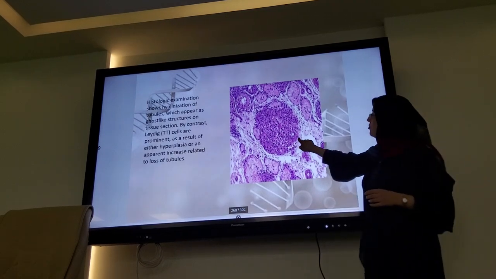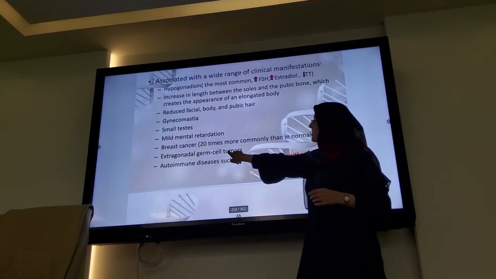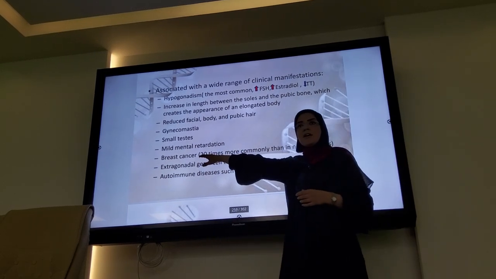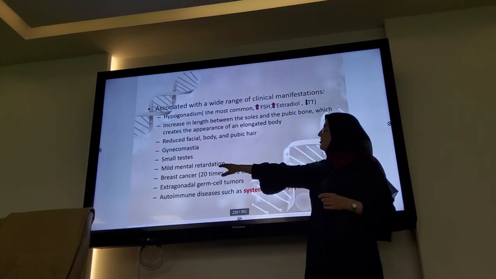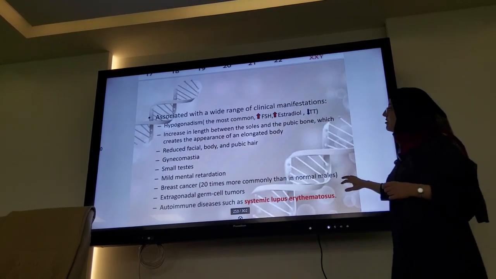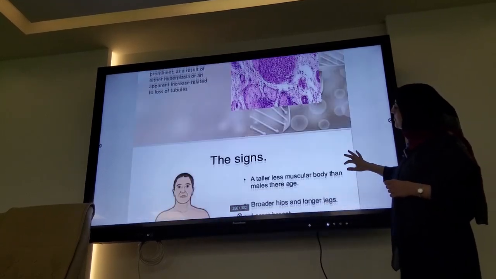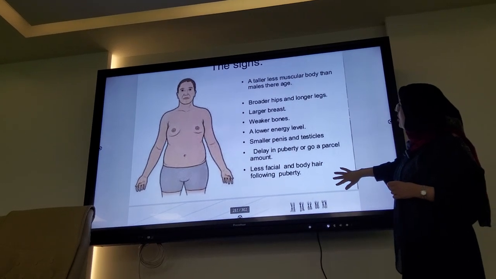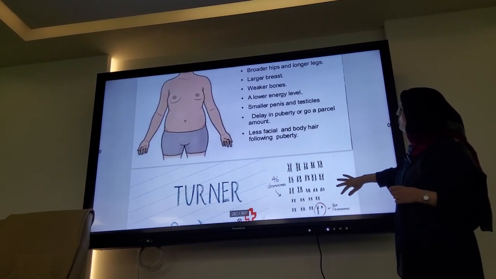They are prone to germ cell tumors. They have risk of breast cancers. They have mild mental retardation, small testicles, bigger breasts, hypotonic muscles, weaker bones,